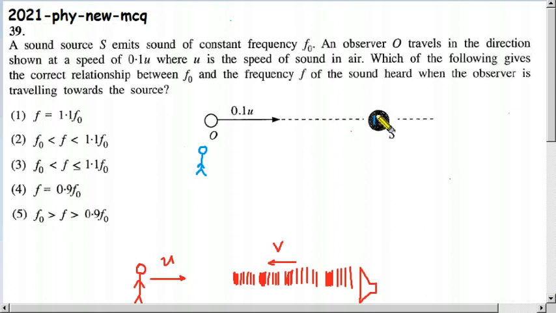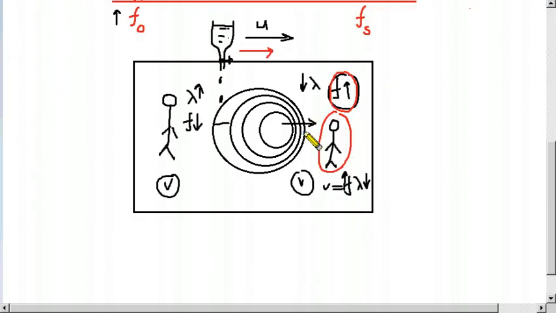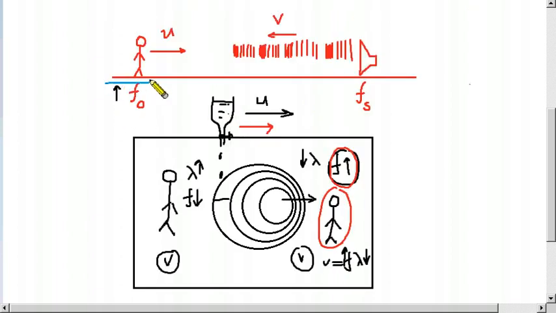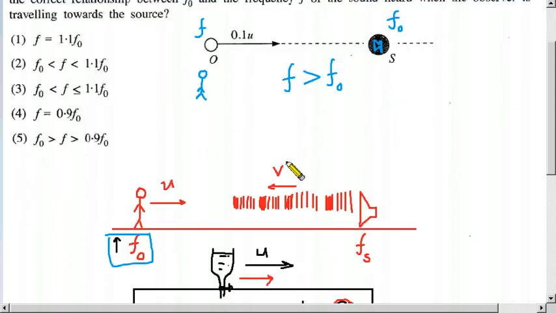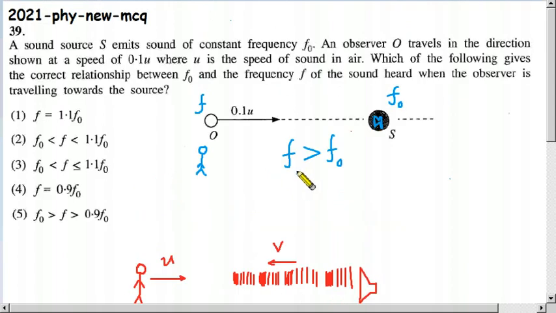So this one is the speaker, because this is the source. If the case is like this, we can decide that the frequency must increase. That means F is greater than F naught, because they have given this frequency as F naught and the frequency heard is F. That is how they have given these symbols. So according to the symbols given, we know now, according to these explanations, the frequency heard, this one is the